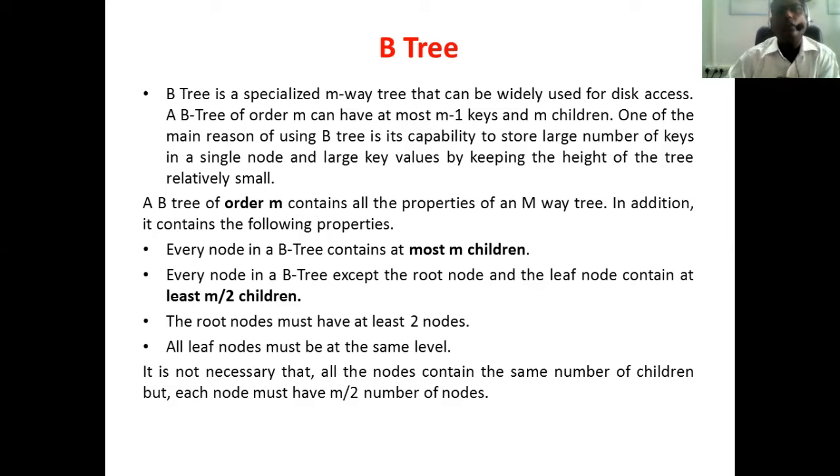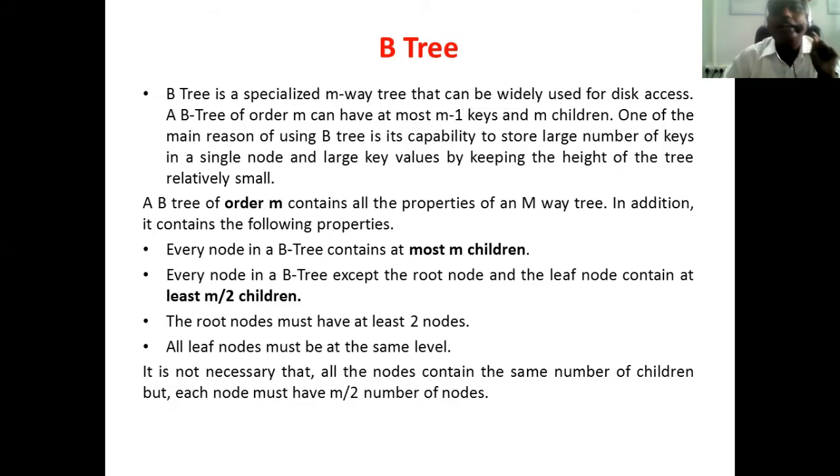Okay. So a B tree of order M can have at most M minus 1 keys. Every tree consists of nodes. In the previous types of tree, like the BST, the AVL tree, the height balanced tree, the binary tree, one data item is represented in one particular node. But in a B tree, one particular node consists of multiple data, multiple data in one node.